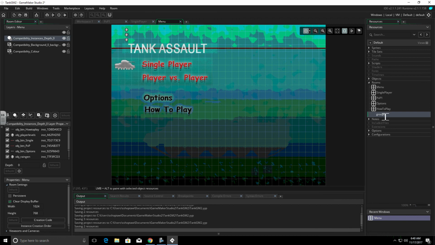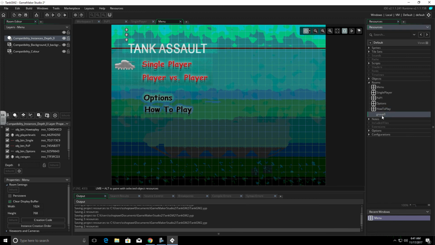So for instance, if you had multiple menus, you may have a menu group. Or if you had multiple credit screens that you wanted to have show up, you could do that. If you had maybe player versus player rooms, and you also had single player rooms. So there's a lot of different reasons to use this group.